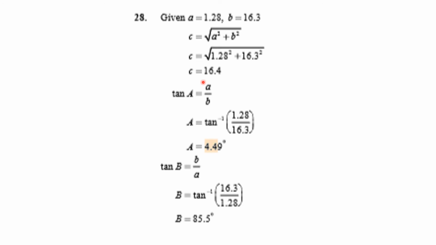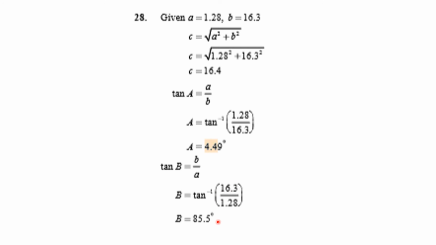Okay, so c is going to be the square root of a squared plus b squared. You plug that into your calculator, you get 16.4. The tangent of angle A is going to be a over b, the opposite over the adjacent. That means that angle A is the inverse tangent of that ratio, and you plug that into your calculator and you get 4.49 degrees. The tangent of angle B is b over a, and that's going to be the inverse tangent, and we're going to get